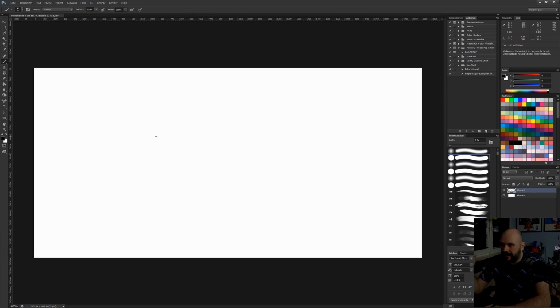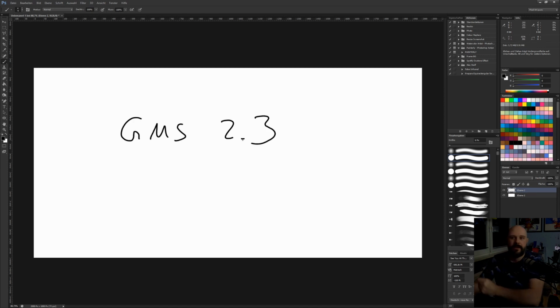And one final thing, which I should have mentioned earlier. GMS 2.3, GameMaker Studio 2.3 is upon us and will soonish be available. And it has a couple of changes to it. And very likely it will